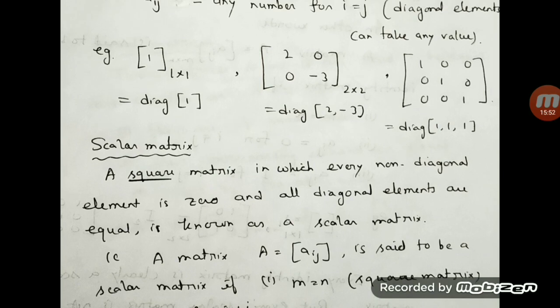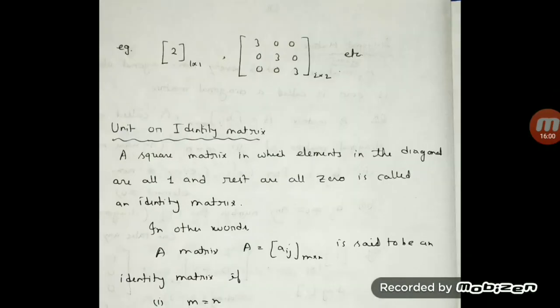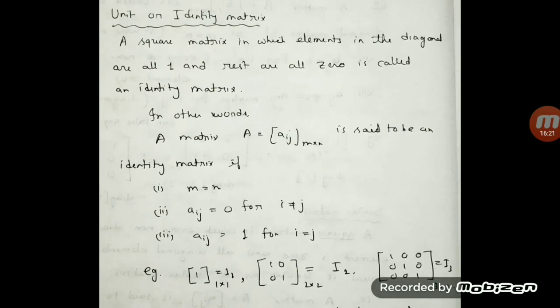For example, in the previous case, this is an example of a diagonal matrix because these are all equal. Okay, here also I'll give you some examples. You just see here, this one, 2, 1 by 1. In the case of a 1 by 1 matrix, actually everything will not be clear generally. But you see this one, in this case diagonal elements are equal. Non-diagonal 0, it's a square matrix, it should be 3 by 3. So this is an example of a scalar matrix. Got it?